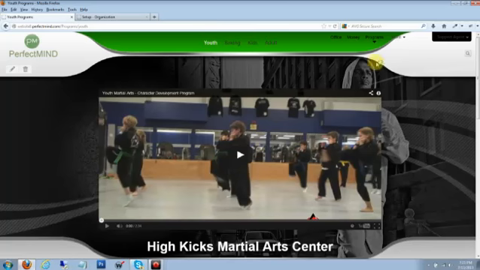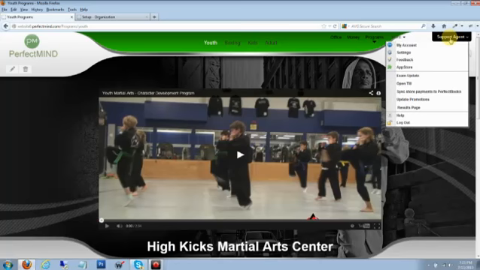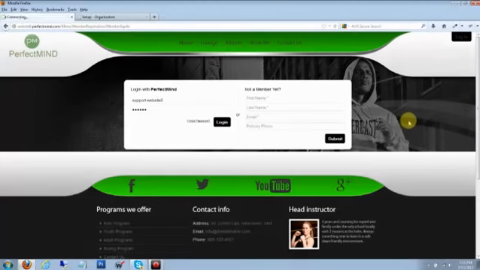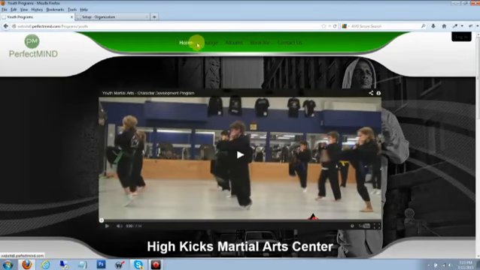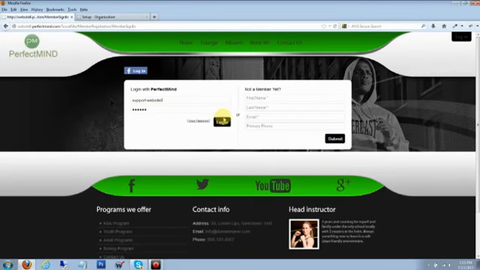But this only happens because we are logged in as global admins. So if I were to log out and go to the website as what the public will always see, if I click on the youth program now, you will notice that my app suite never changes. It remains constant. So the only reason it changed for us is because we were logged in. So if I log in again,